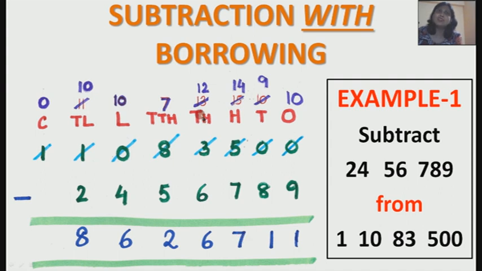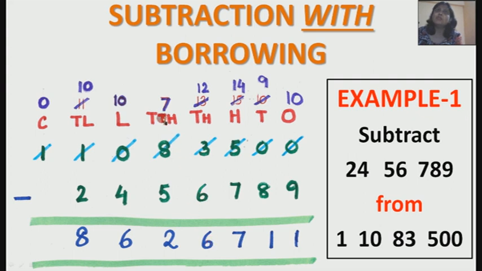In the thousands place, we can see 3,000s minus 6,000s. Again not possible. So we take a 10,000 from the 10,000s place. So now we are having 3,000s plus 10,000s, 13,000s. But we have to remember that we have given 1,000 to the hundreds place. So now we don't have 13,000s, we have only 12,000s. So now 12,000s minus 6,000s gives us 6,000s.